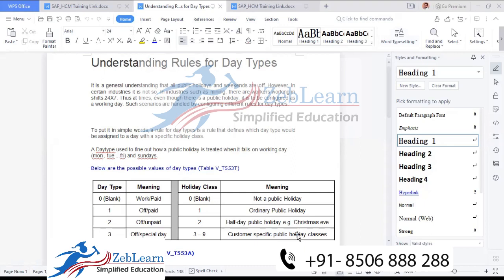Okay, what is the difference between day types and holiday class? What is day types and what is holiday class? Today I will discuss these two topics in detail, day types and holiday class. Okay. So first, holiday class. We know that holiday class is going to define